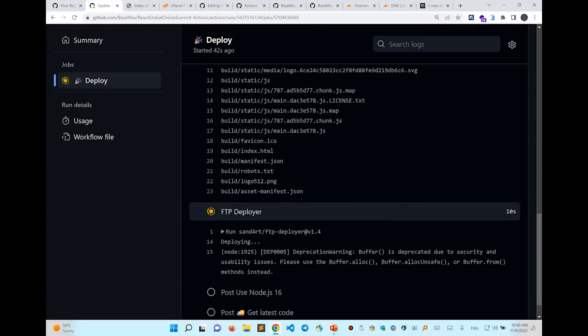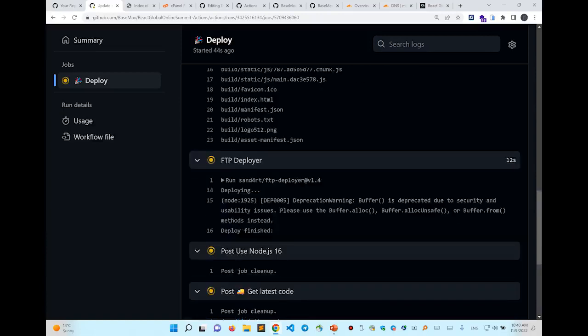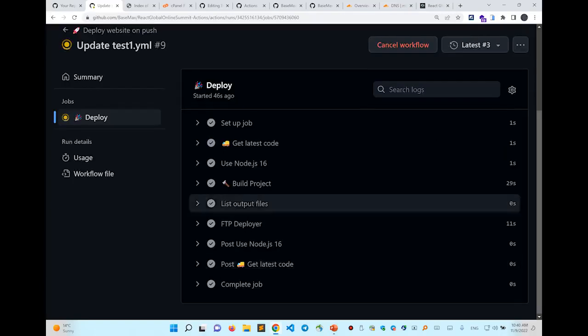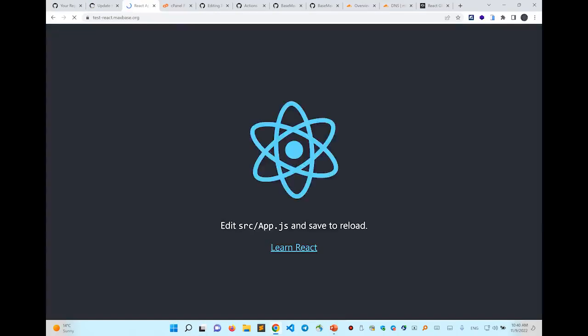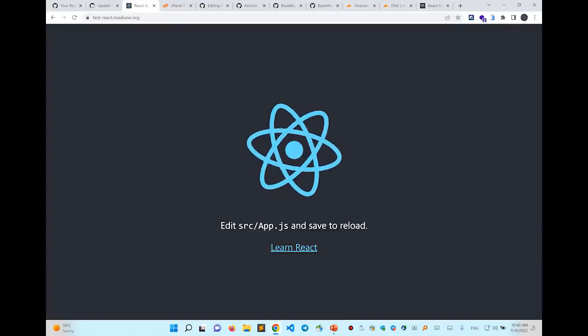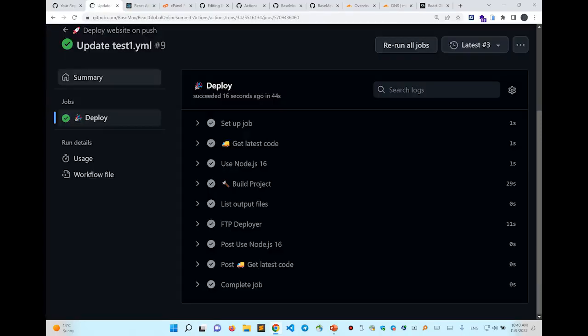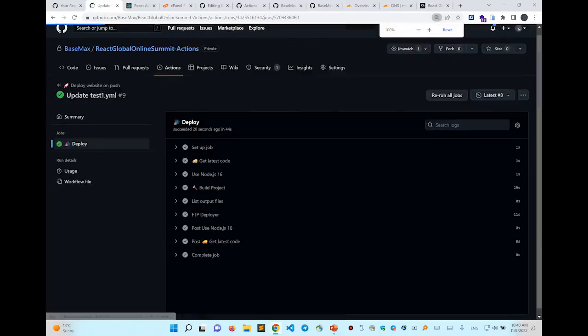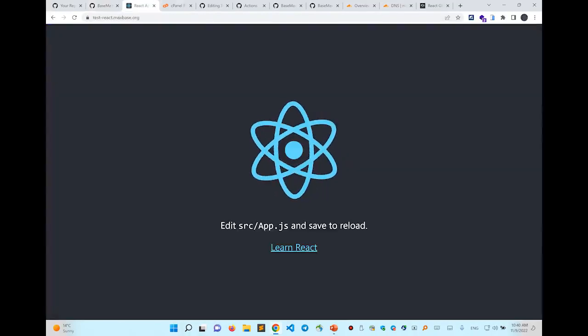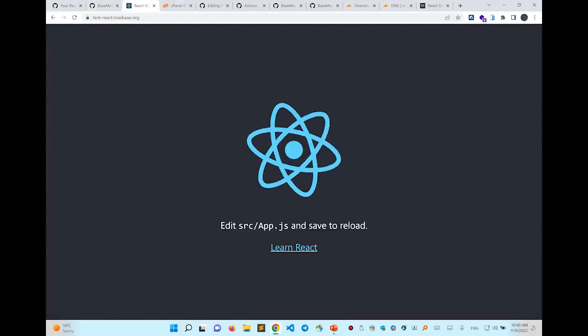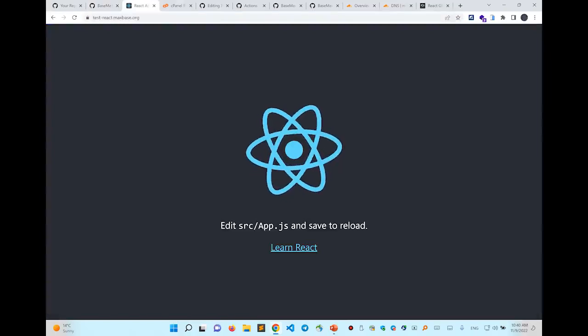The steps are, the first step is to clone the repository, and we are going to use actions checkout version 3. The next step is installing Node.js 16. We are going to use actions setup node version 3. You can